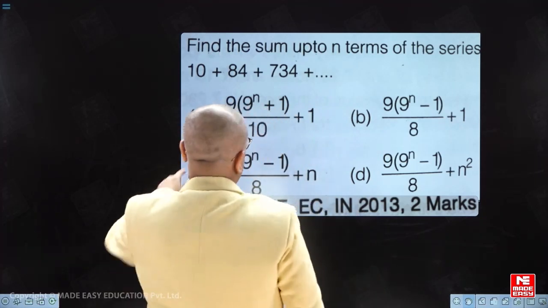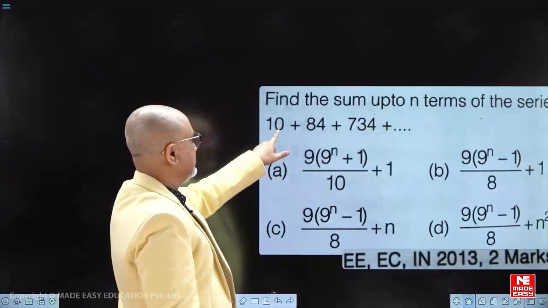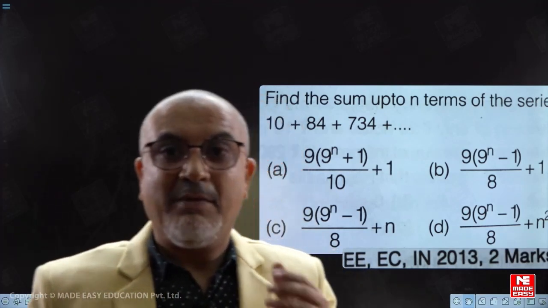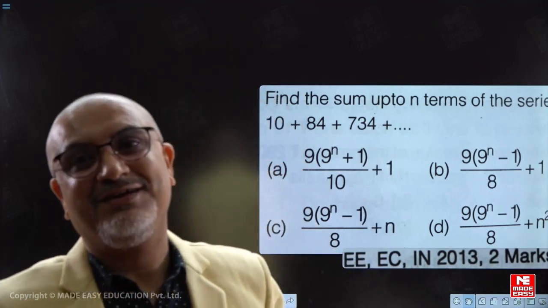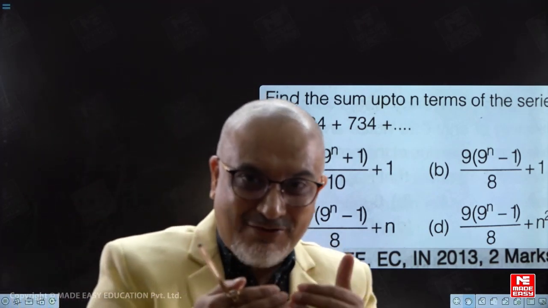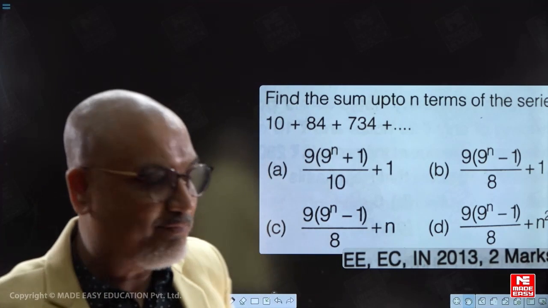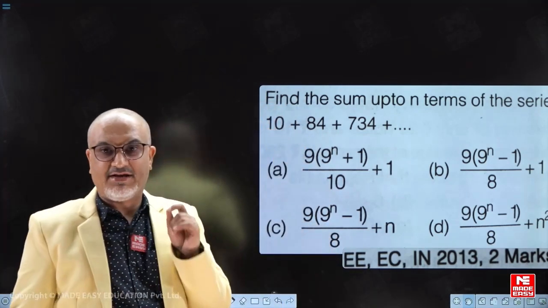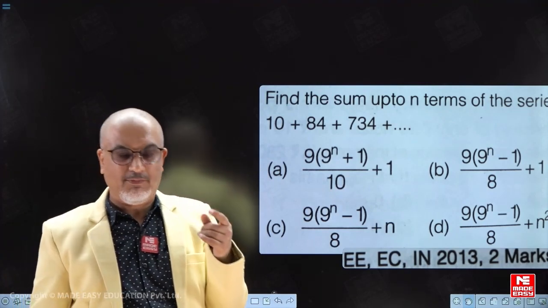Now, if we see, if you use the sum up till first term, which is coming out to be 10, but if you put n equal to 1, more than one of the options will satisfy here. So in this case, I want to elaborate that if more than one of the options satisfy here, the sum up till first term will come out to be 10 from more than one option.